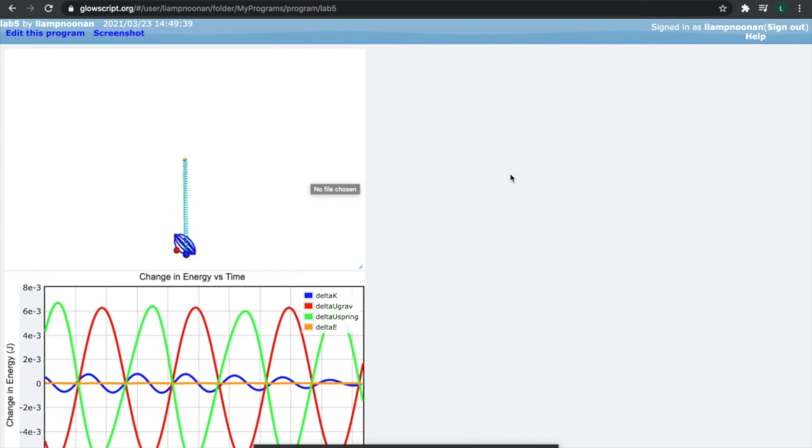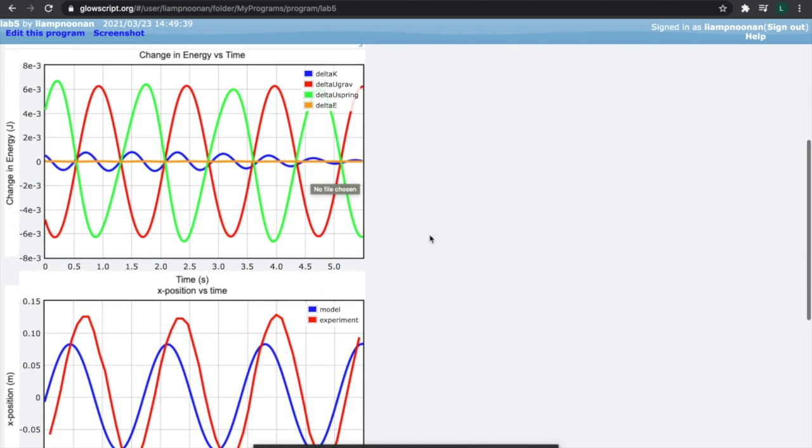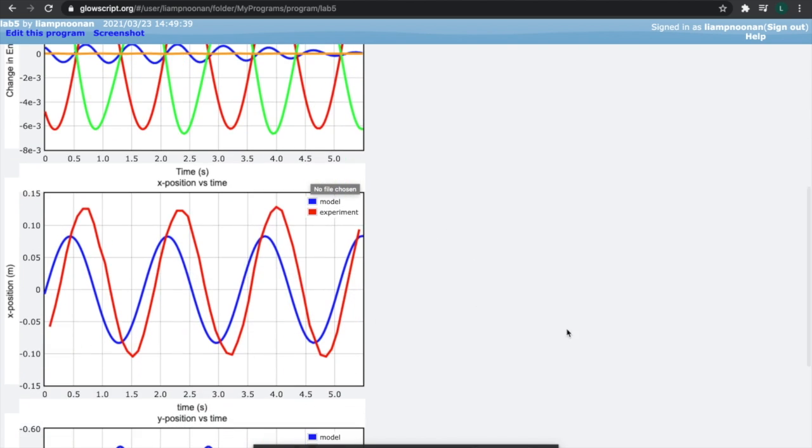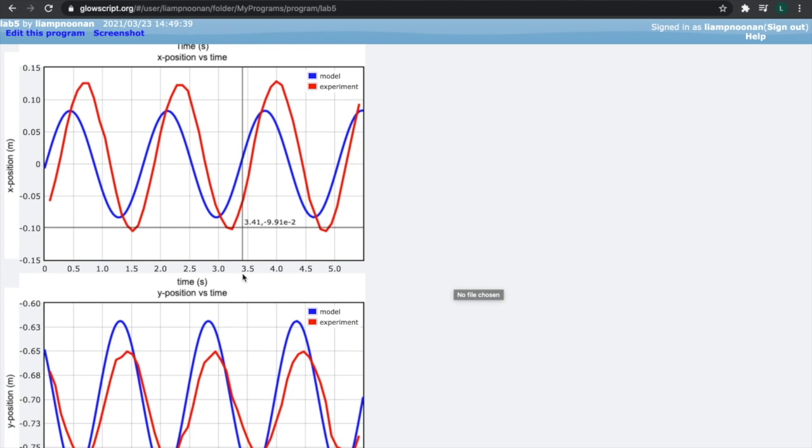And we see motion similar to Tracker there, that oscillation. As you see, there's the energy and time, X position versus time, and Y position versus time. Hide that. We do see there is some variance in the X and Y position graphs, as you see here. This is due to user error plotting the center of mass on the Tracker, due to dissipative forces, surrounding forces, etc. But if adjusted, as you see here, if the experiment would start where it should have there, the period looks very similar in each,